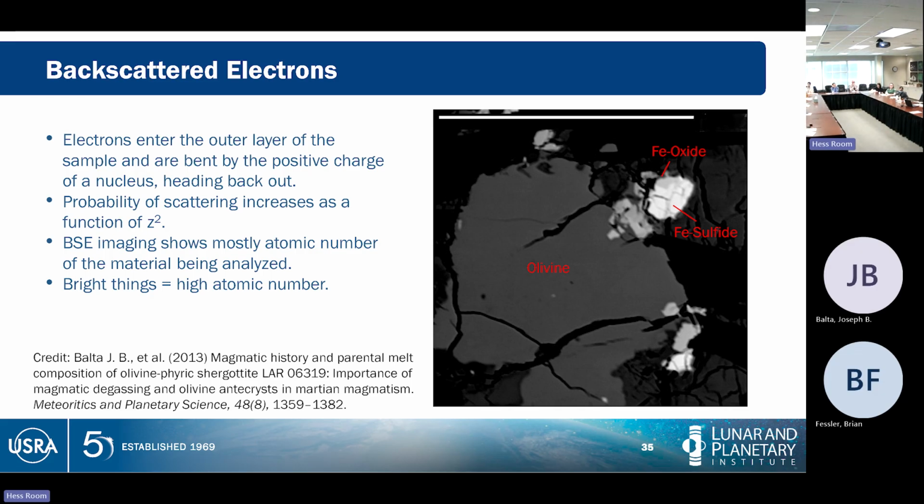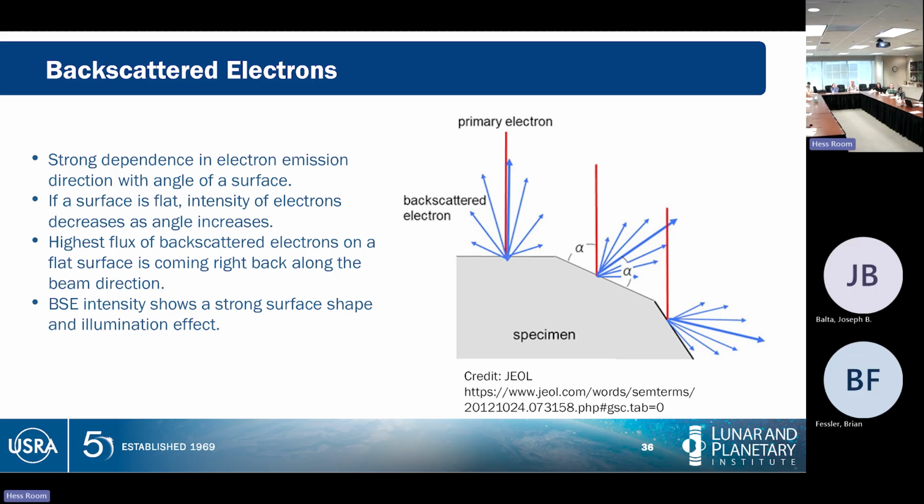And the difference in brightness between this grain and this grain is telling me a difference in atomic number. In this case, there's probably more iron in this one, but also sulfur has a higher atomic number than oxygen. So the combination of iron and sulfur is giving me the strongest signal in backscattered electrons. And I can tell this material from this material from this material, I am directly probing what the material is made of and its average atomic number. Worth knowing on backscatter